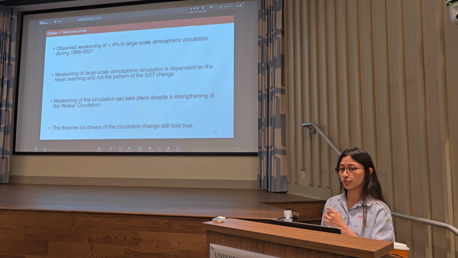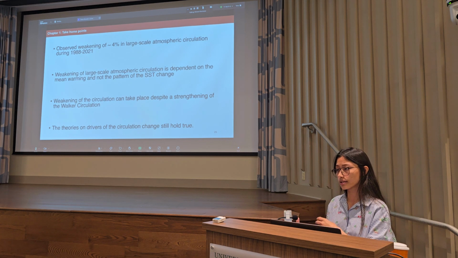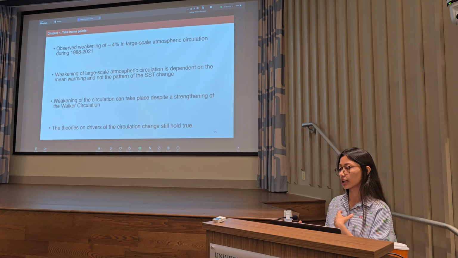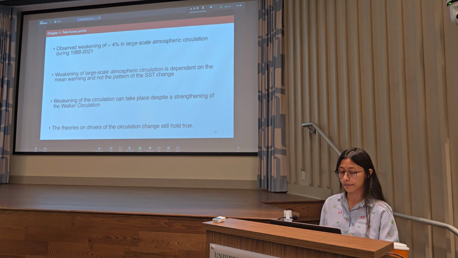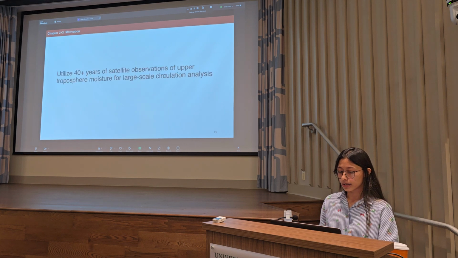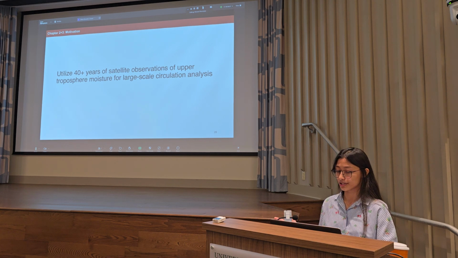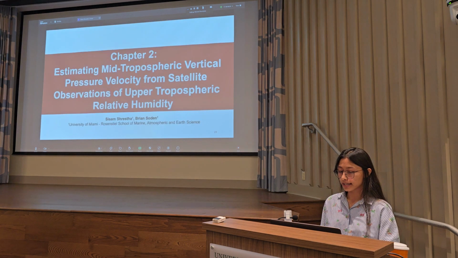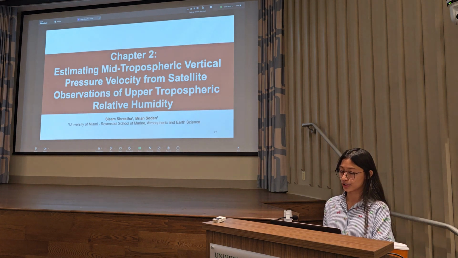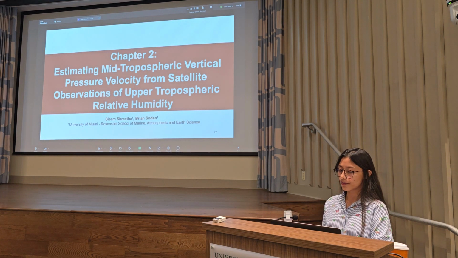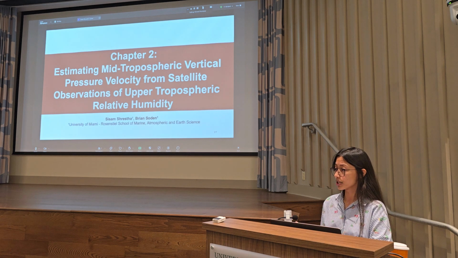The next two chapters deal with solving this issue of moving away from heavy reliance on reanalysis products, and at the same time creating a supplemental observational proxy to study large-scale atmospheric circulations. The goal is utilizing this growing record of satellite observations of around 40-plus years, and is specifically for Chapter 2, titled Estimating Mid-Tropospheric Vertical Pressure Velocity from Satellite Observations of Upper-Tropospheric Relative Humidity, which is inspired by works like Bellomo and Clement, who've